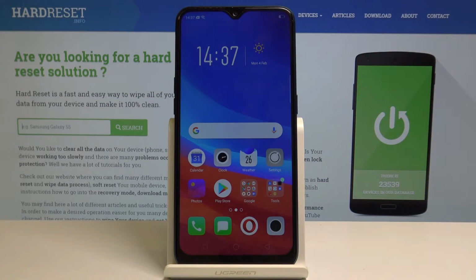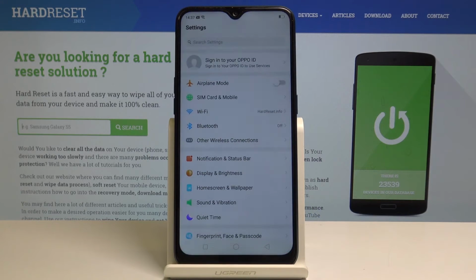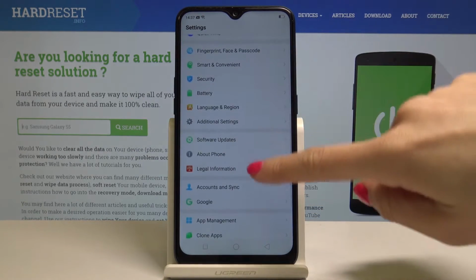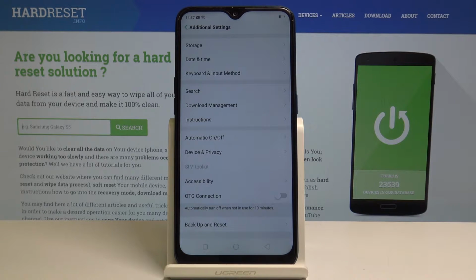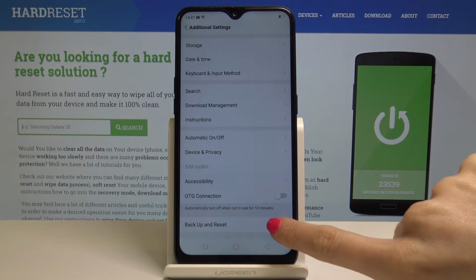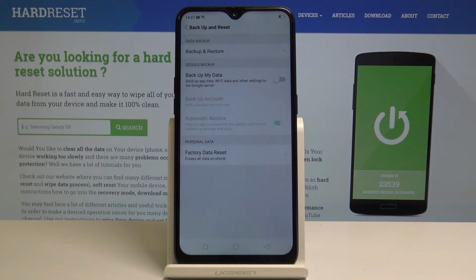Here I have OPPO AX7 and let me show you how to erase all SMS and MMS history. So at the very beginning, open the settings, scroll down, find and select additional settings. Here you should go to the very last key, which is backup and reset, and now select factory data reset